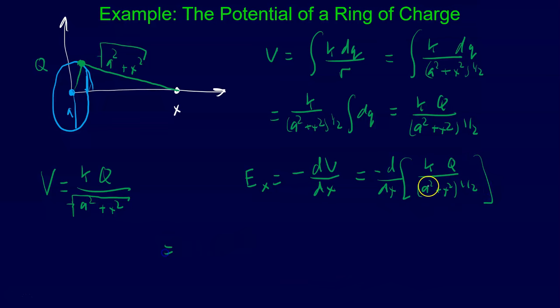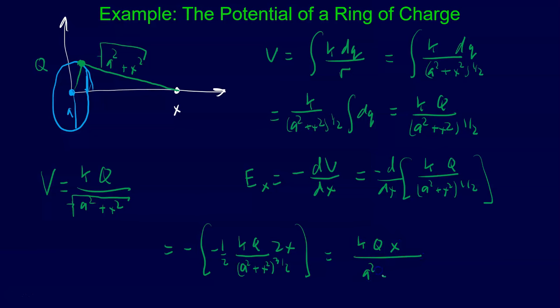right here, and when I do that, there's a negative sign out front, and I'm going to have my k and q, and so basically the derivative from this guy, I'm going to have a negative 1/2 power from the powers, and then a squared plus x squared, so this will end up being to the 3/2 power, and then I get a factor from in here of 2x. So make sure that you are following along with how we did this integral. The negative signs cancel and the 2's cancel, and so I'm left with kqx over a squared plus x squared to the 3/2 power,